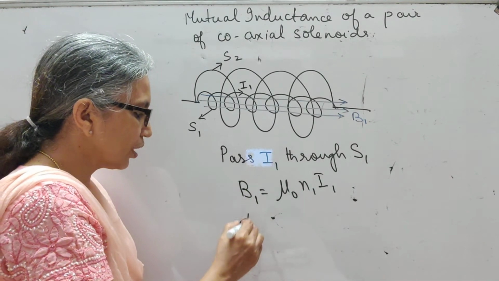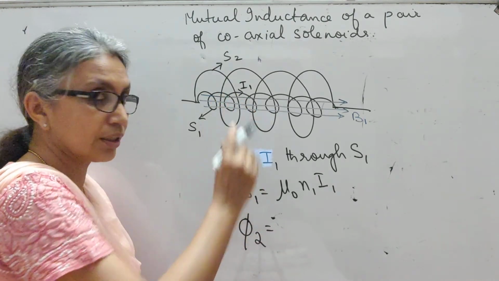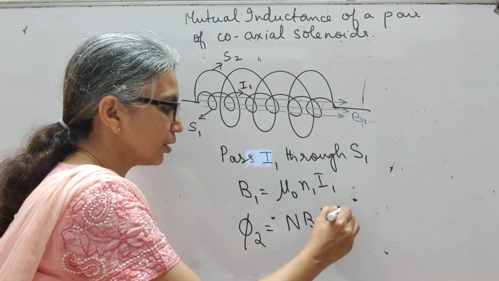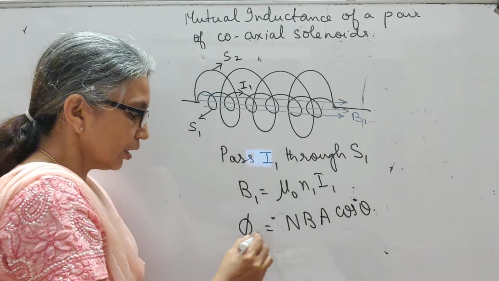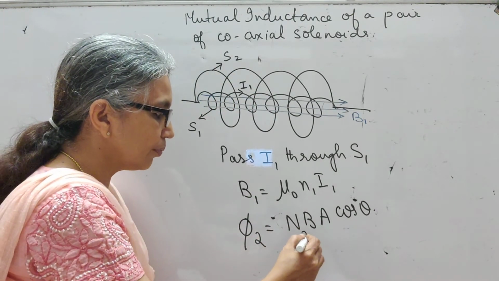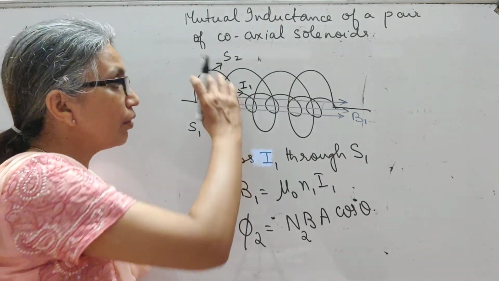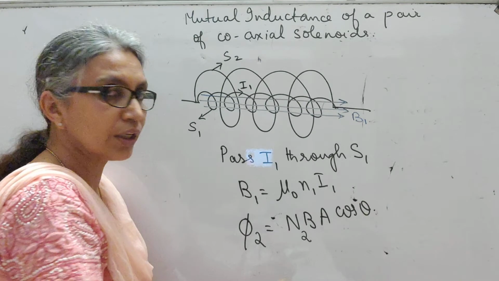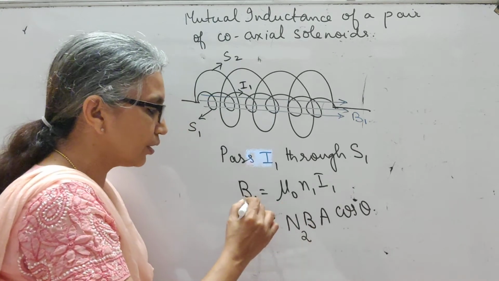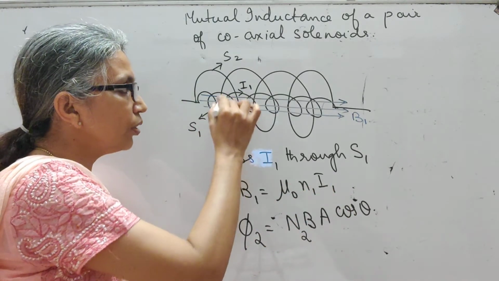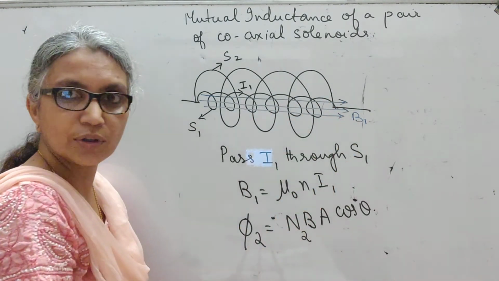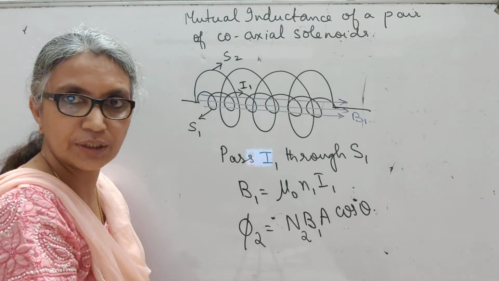Now, if you're looking for the flux linked with the second one because of a current in the first inner one, the formula again we know is NBA cos theta. Here, the flux linked with the second one is what we are talking about. So we are interested in the number of turns in the larger one because we need to know the flux passing through the larger one, and therefore we look at number of turns N2. Area, the magnetic field is due to which one? Current is passing only through the inner one. So the magnetic field exists only here, and that is what we call B1.